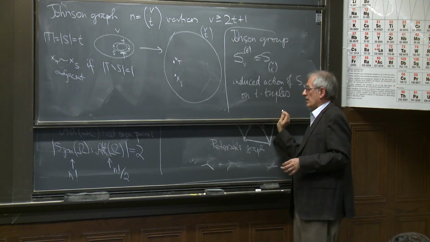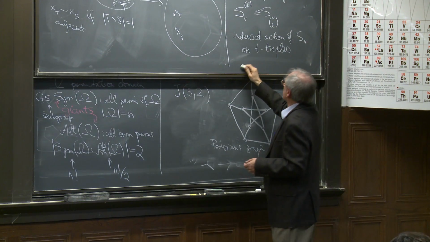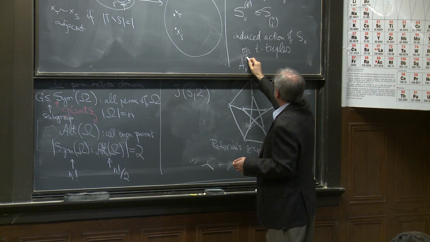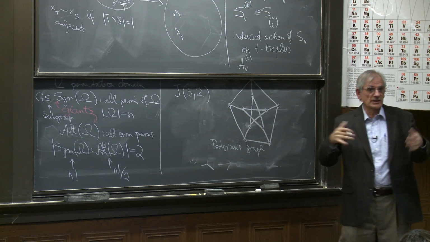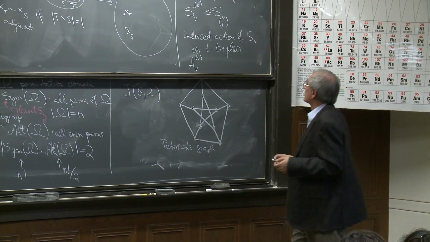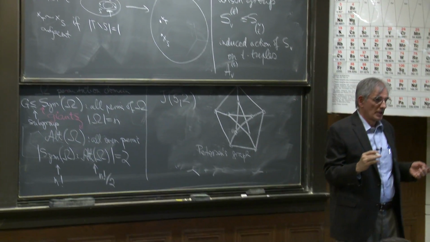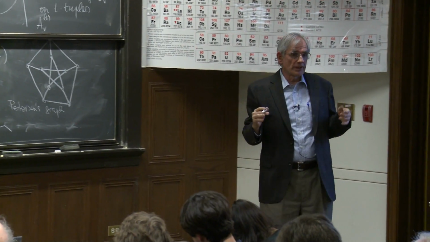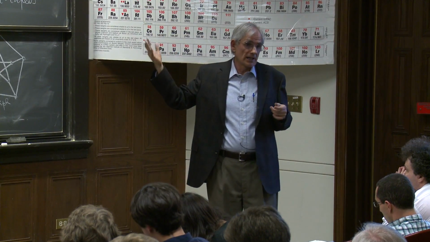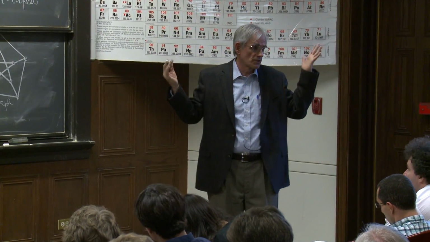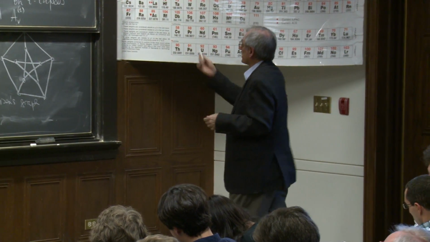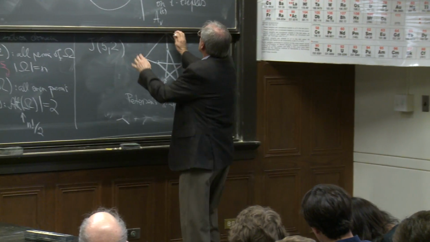Okay? And I define similarly A sub V to the T. Okay? Analogously, the alternating group induces action. And so these two classes of groups I'm going to call Johnson groups. This is not established terminology, but Johnson graph and Johnson schemes are, and these are the automorphism groups of those schemes. So it is convenient, I guess, to call them Johnson